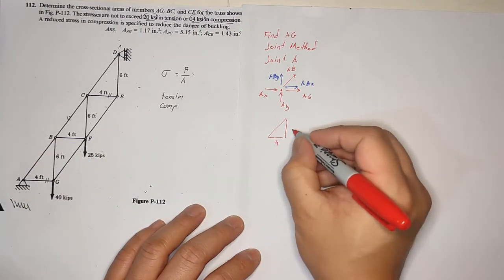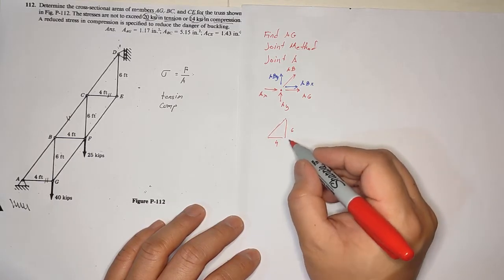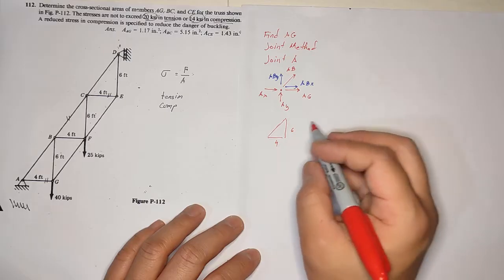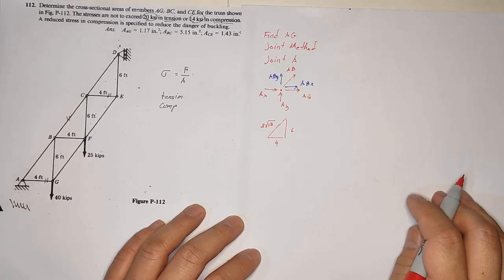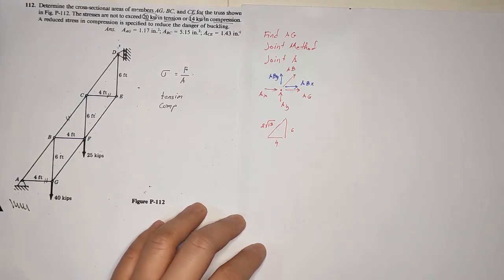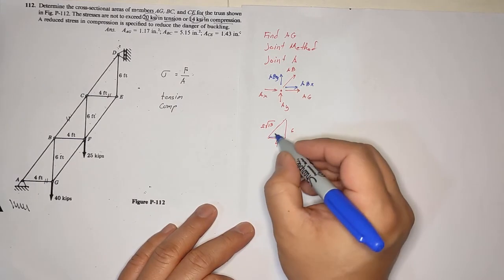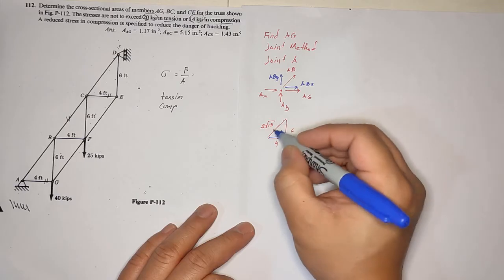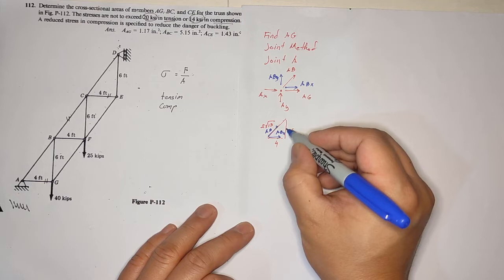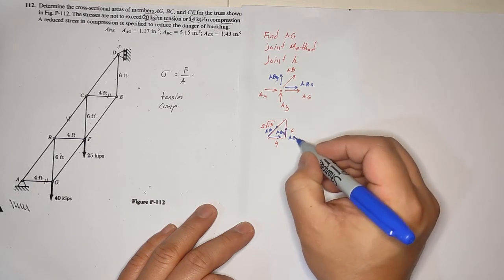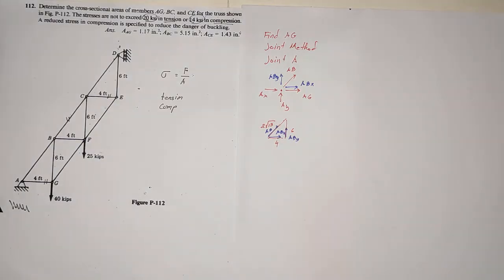This is 4 and this is 6. Now, to get this one, that is 4 squared plus 6 squared, square root, and I already computed that is equivalent to 2 square root of 13. Okay? Now, also, you have here ABX, and you have here AB, and you have here ABY. Okay, anyway, you can have the similar triangle